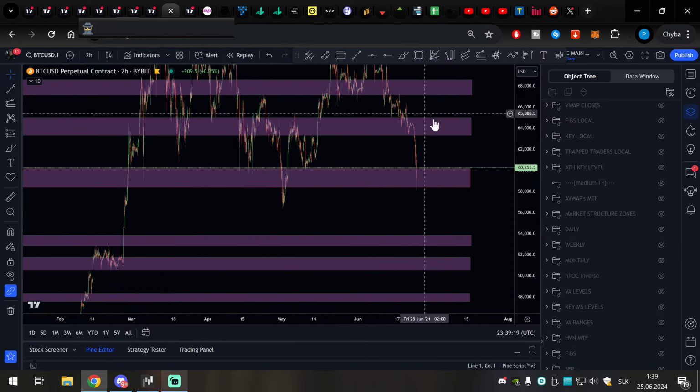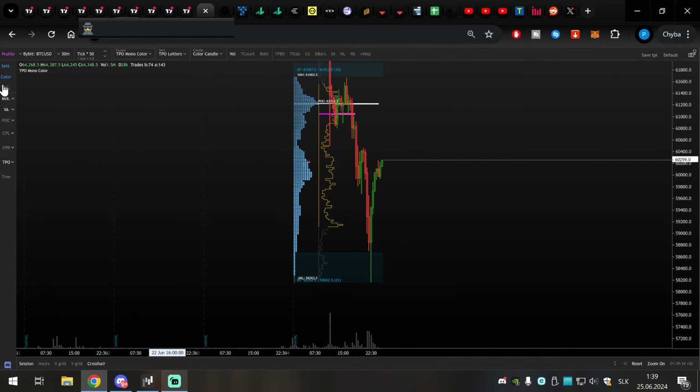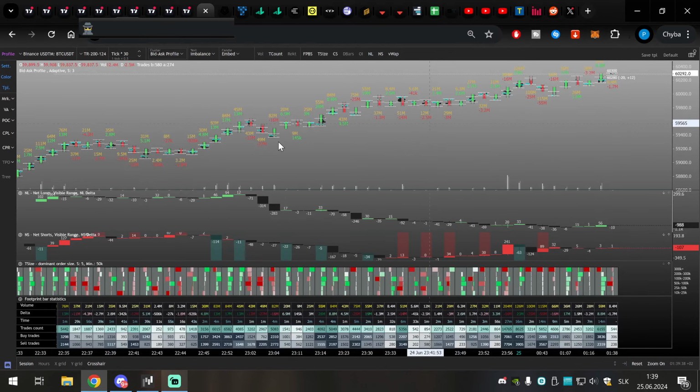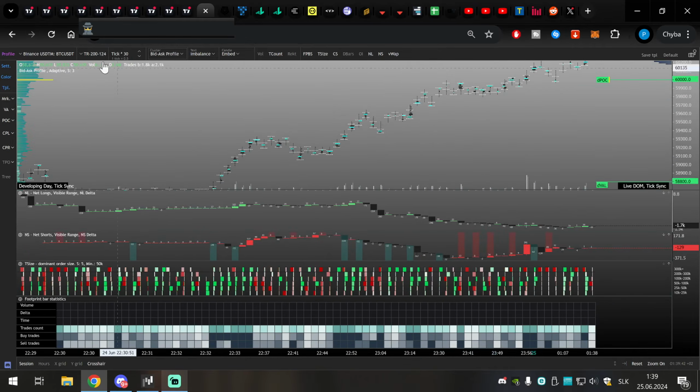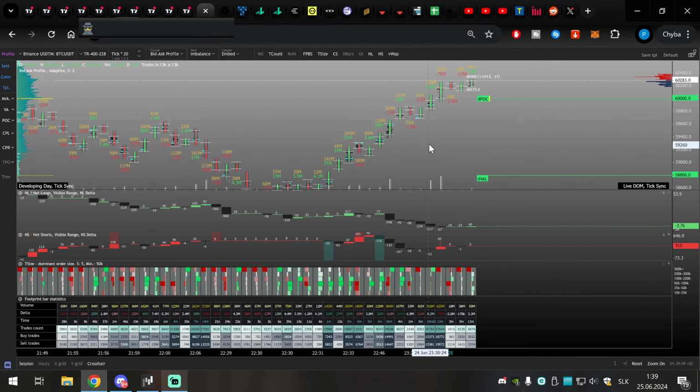I think that's enough from the technical analysis. Let's have a look at the most important thing: orderflow. We can start with the Exocharts scalping template. You see, scalping information has an advantage. Even if you'll be watching this video, it may already not be valid, because we constantly get new traders in and out.